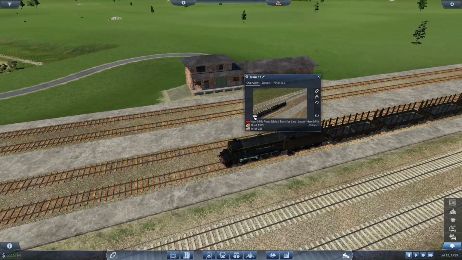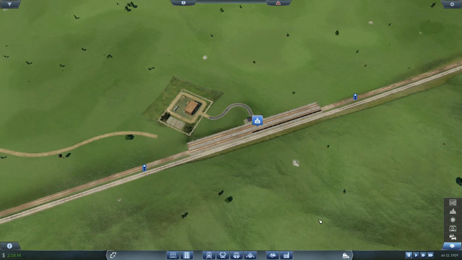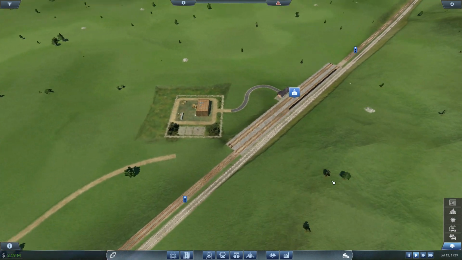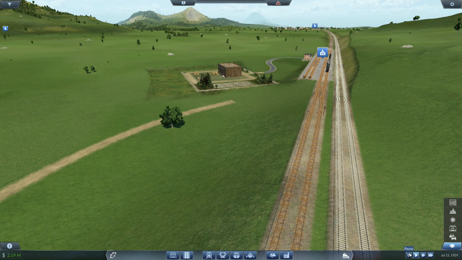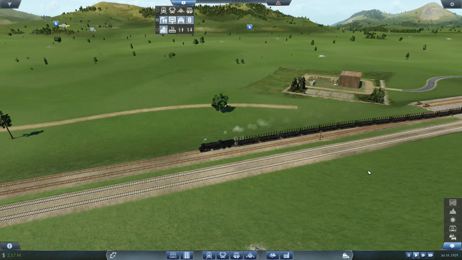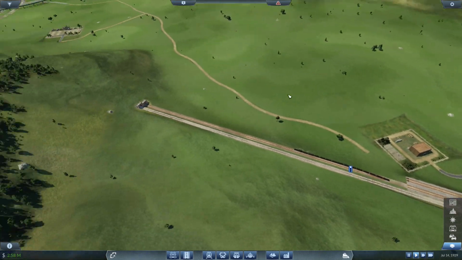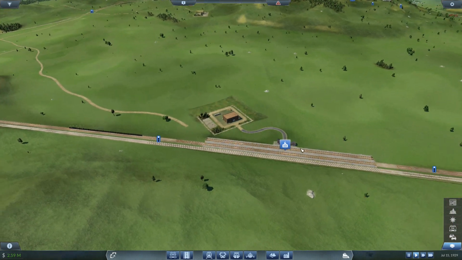You can go on Flemington cow and food, and that should give us one train on this line, one on the other one, until we get some more cash to buy another train. Yeah, so that should pick up soon enough, so we can see some food getting processed and shipped down the